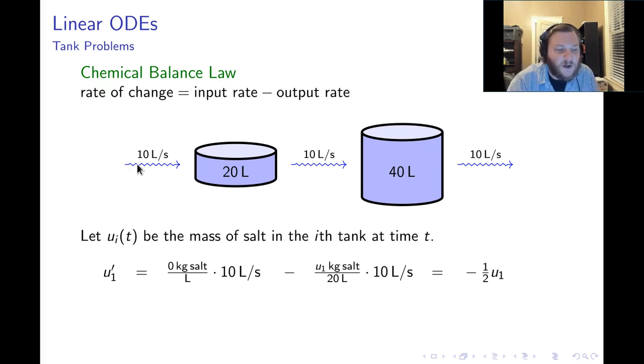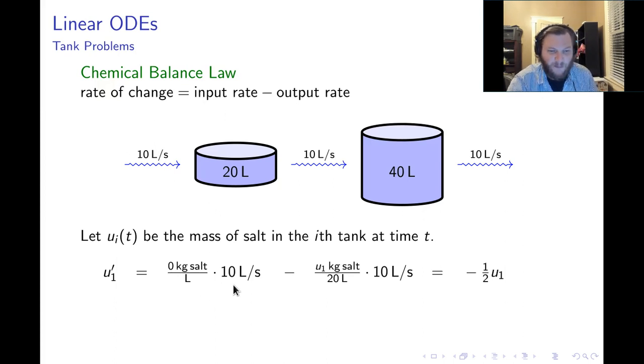So let's take a look at the input rate of salt. Now, because this is fresh water, we know that the input rate is 0, but I want to pay attention to the units here. The rate at which fresh water is being pumped in is 10 liters per second. So that's the velocity of fluid flow into the first tank. But if I think about it, since that's fresh water, that means that the salt content is 0 kilograms of salt per liter. So the first derivative u1,